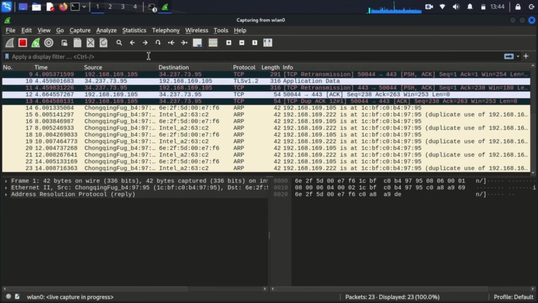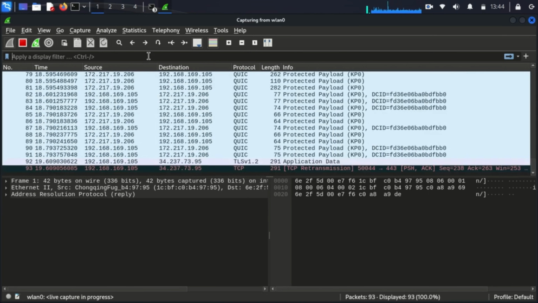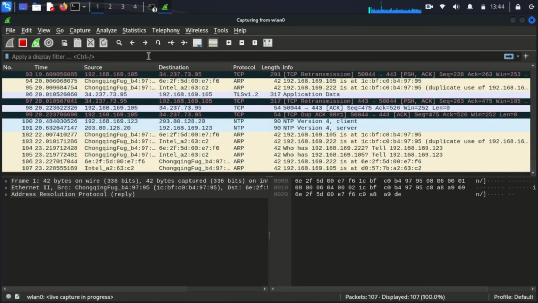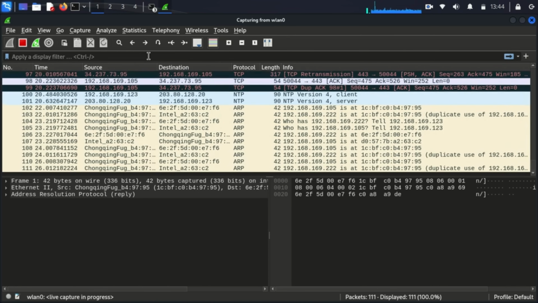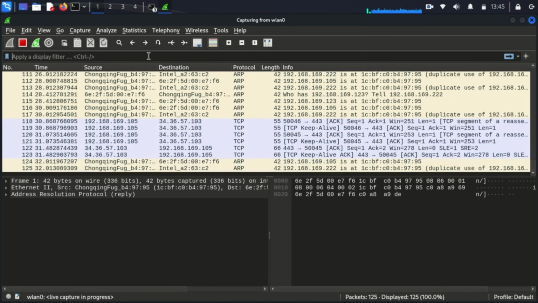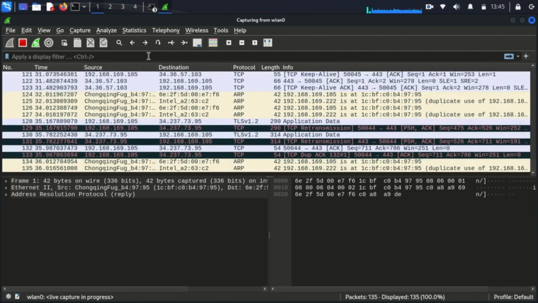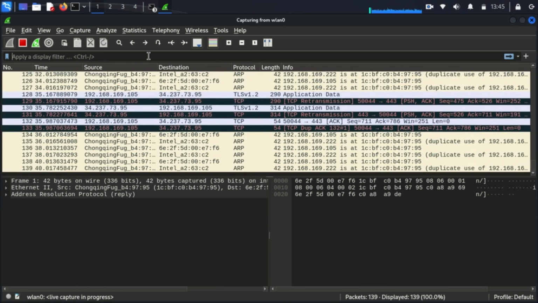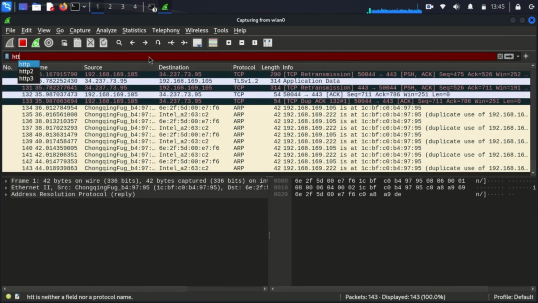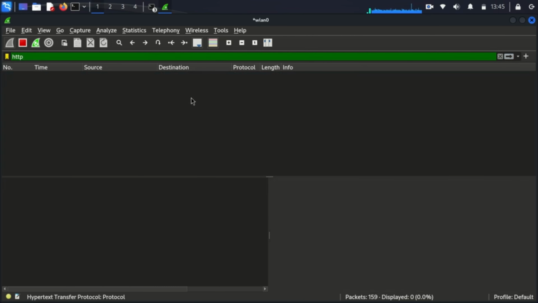But all this data can be overwhelming, so let's focus our analysis. To make things easier, we'll set up a filter to look at HTTP traffic, which is often unencrypted. In the filter bar at the top, type http and press enter. With our filter in place, now we wait. In a real attack scenario, the attacker would patiently monitor the traffic, waiting for the target to visit websites or